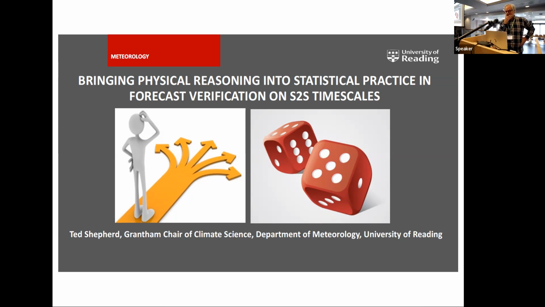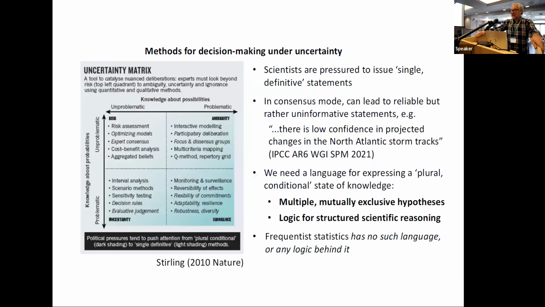I don't really work much on the S2S time scales. I work more on the climate time scales, but I've been getting into this area, so it's some thoughts. So I guess the first thing to start with is that forecasts are ultimately to inform decisions, right? It's not just for our interest. People make decisions based on forecasts, and forecasts are uncertain. And people say, well, we just need probabilistic forecasts, but it's not quite so simple because it depends on the